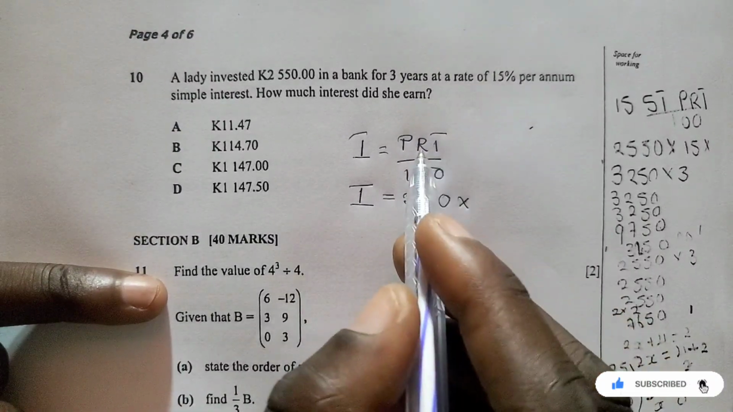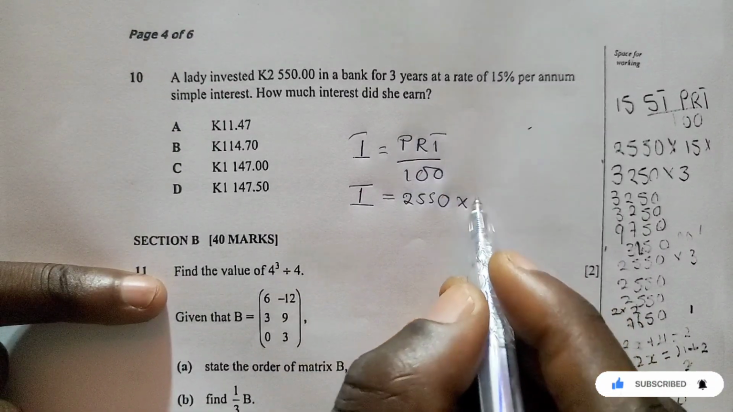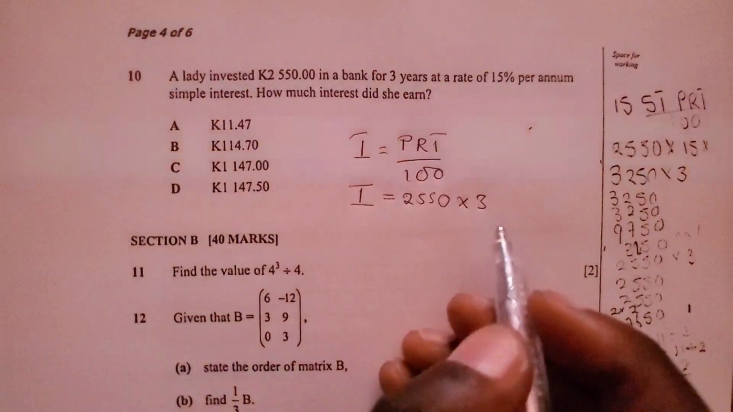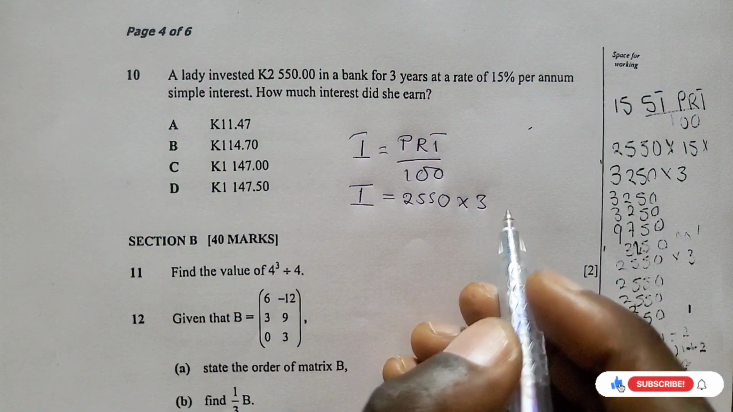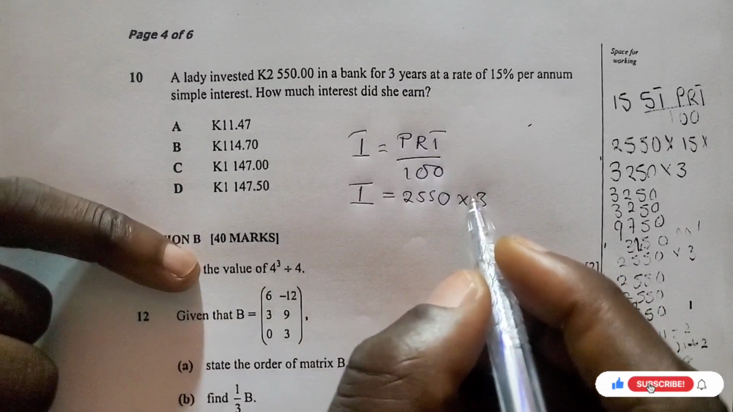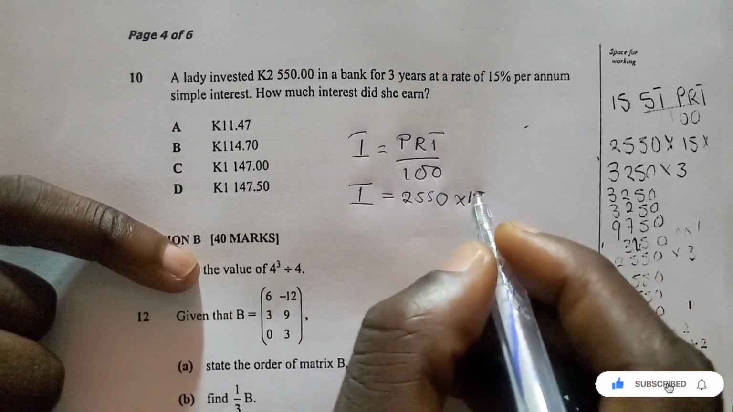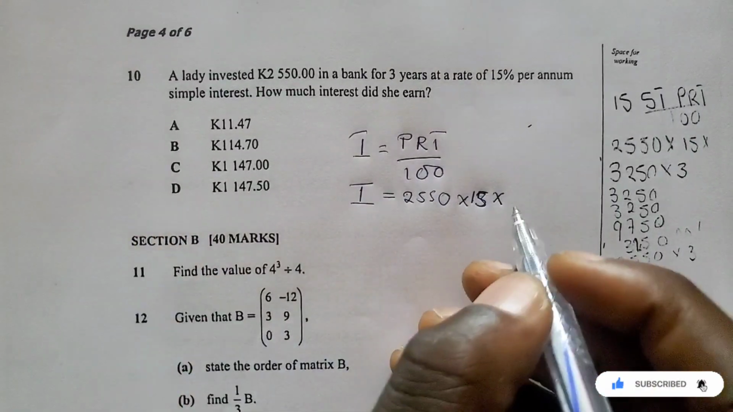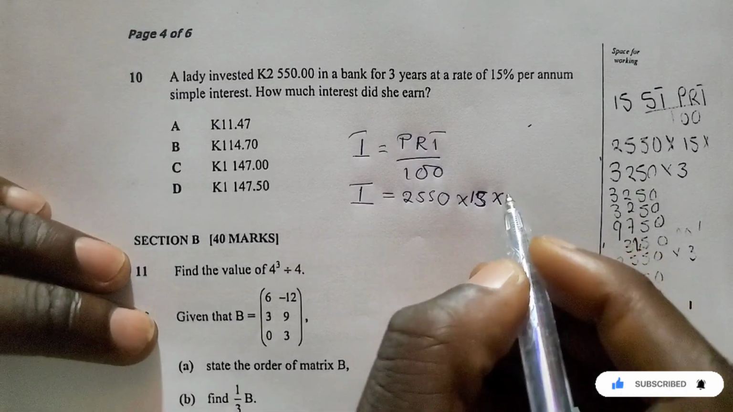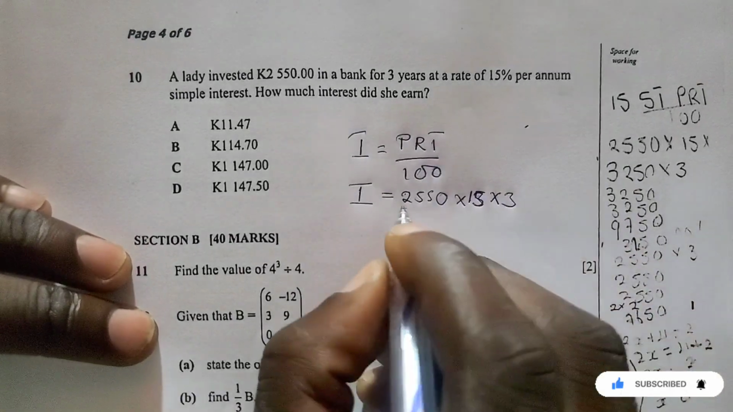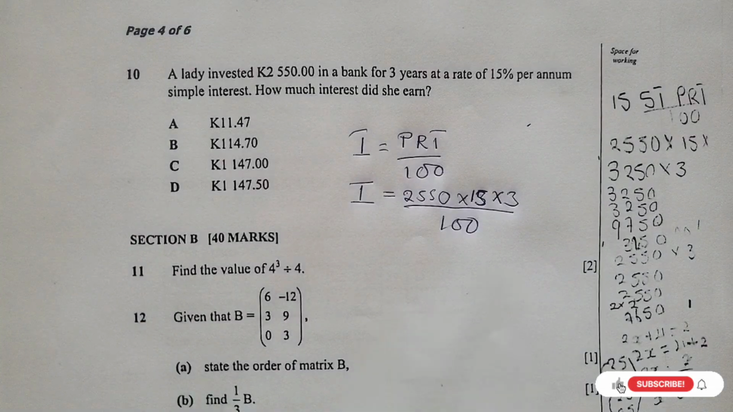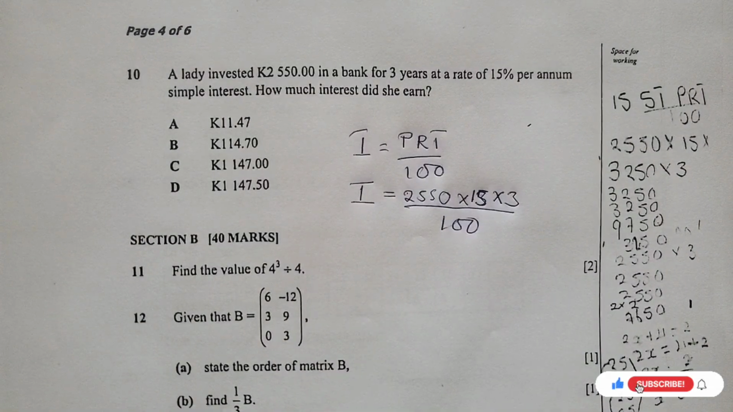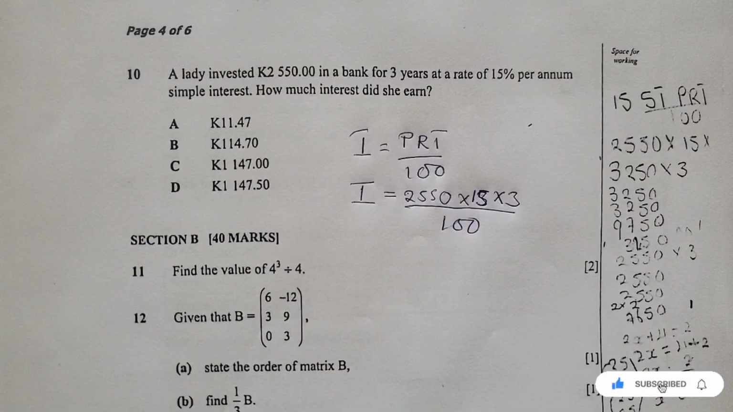Multiplied by the rate, 15. Okay, so we're going to substitute it with 15, multiplied by the time, 3 years, divided by 100. Okay, so what we're going to do here, we're going to say